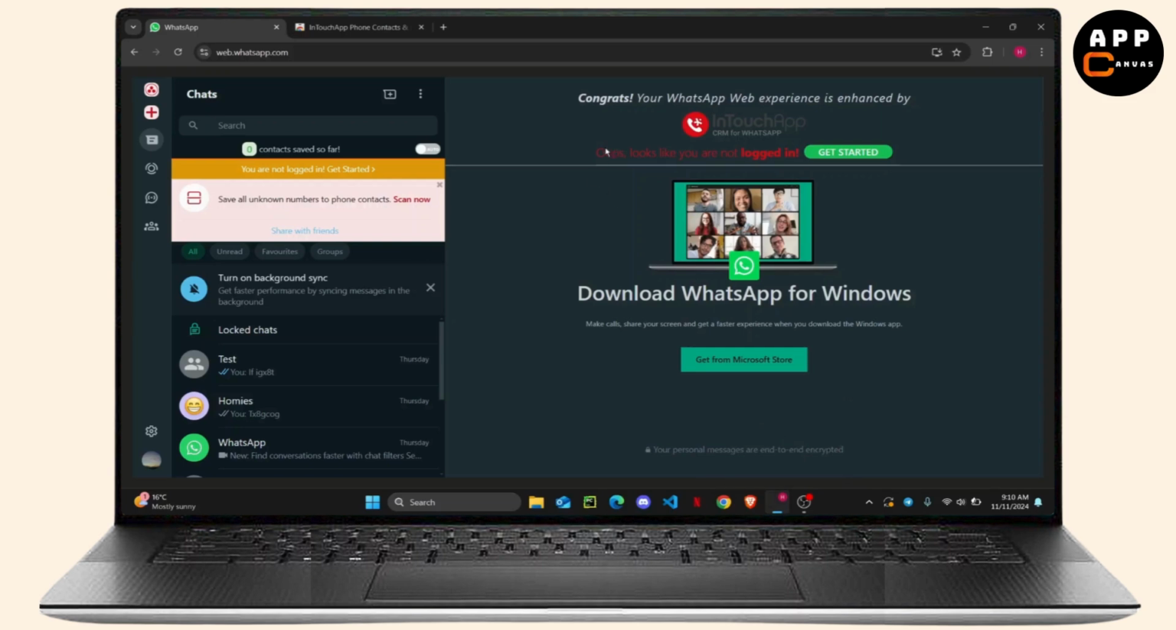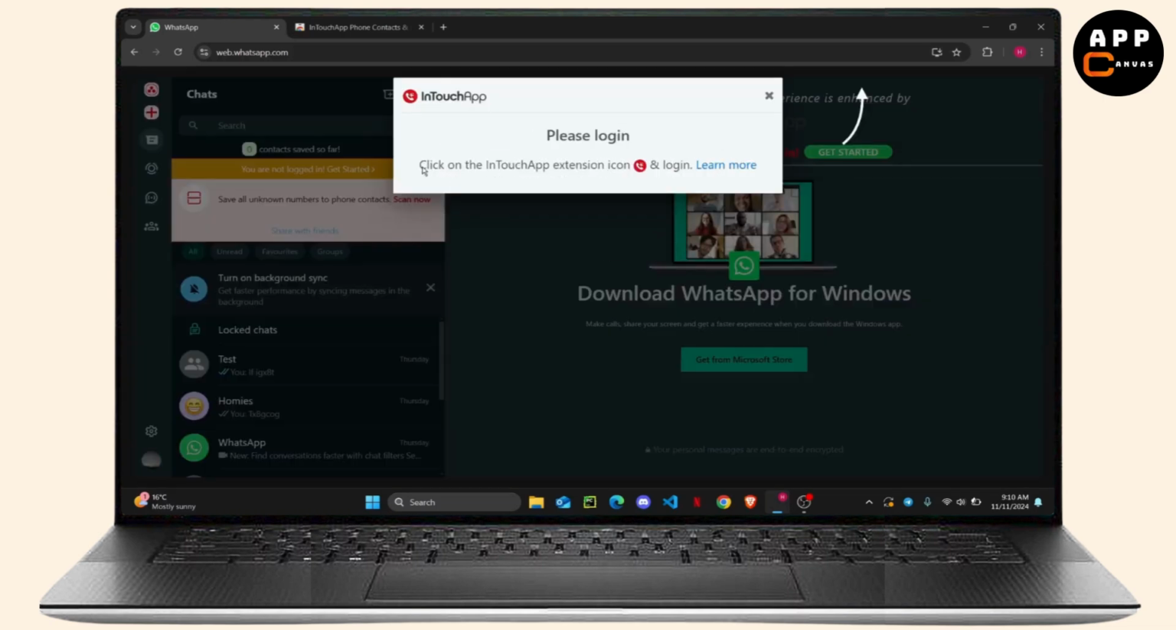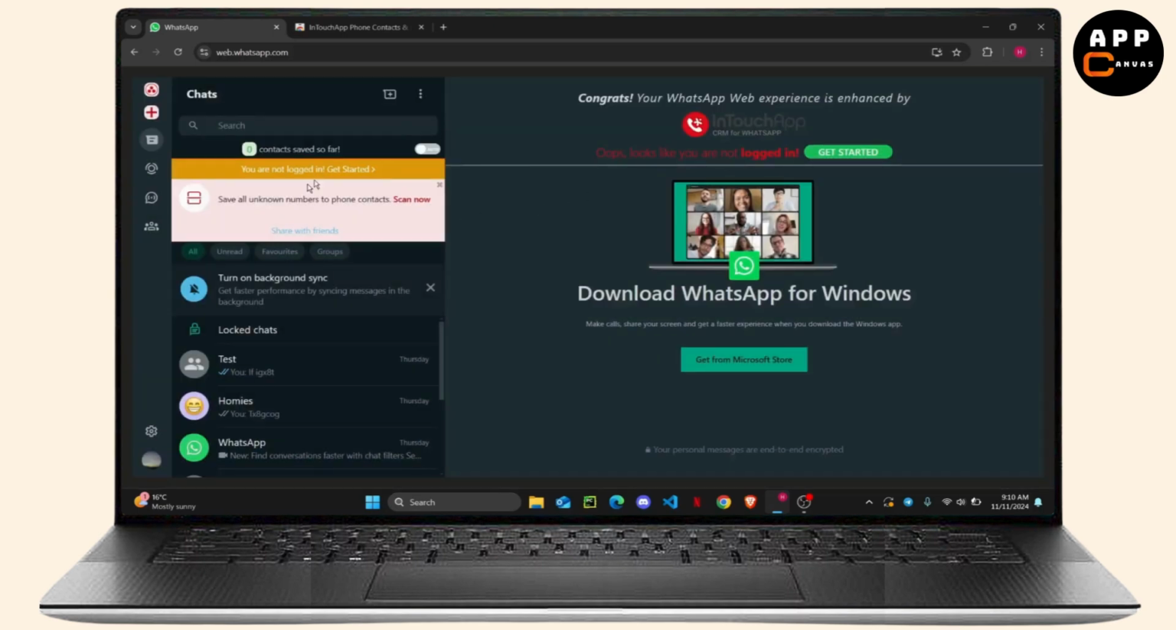And now you should see something like this right here. So here you have an option to save all of the unknown numbers. And if you click on this auto, you will have to log in first. And once you log into your InTouch app's account, you will get an option to add contacts or even rename